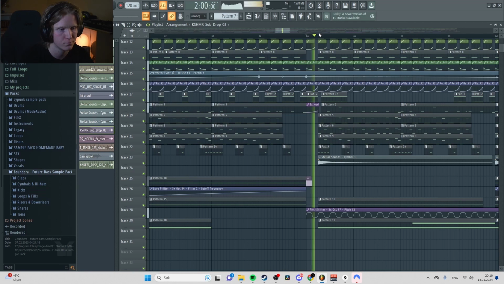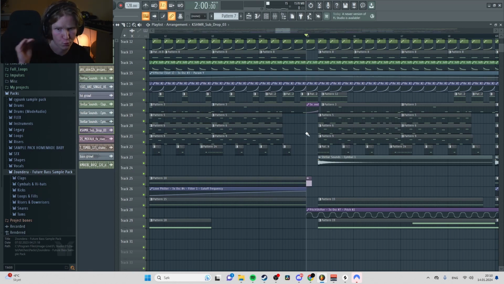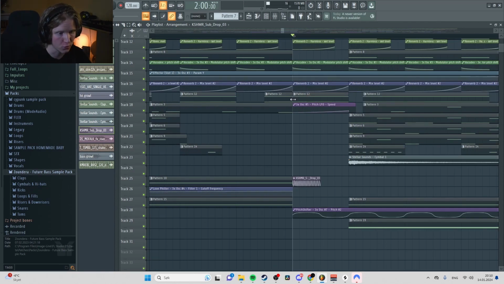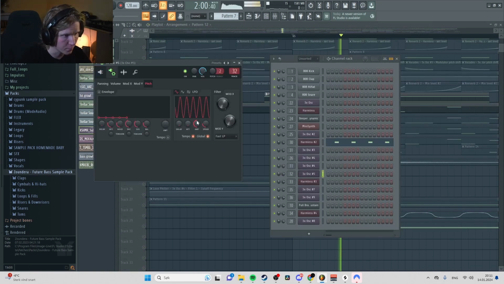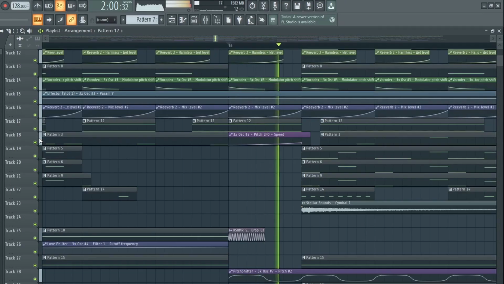Let's talk about that. I have these sort of breaks. This is pretty simple. This is a really cool sound. It's super simple. It's literally just a 3x oscillator with a pitch LFO speed automated.